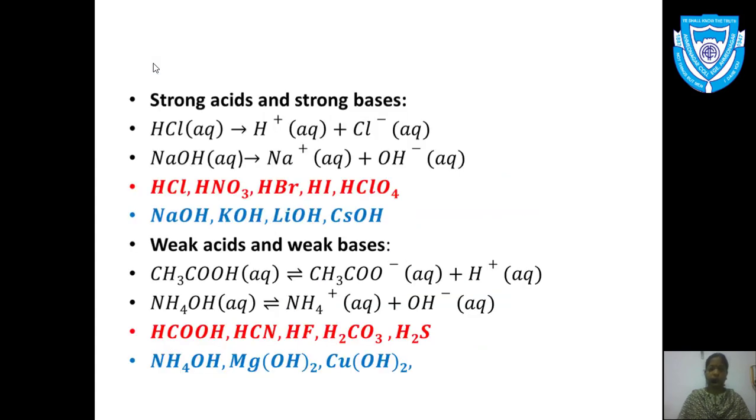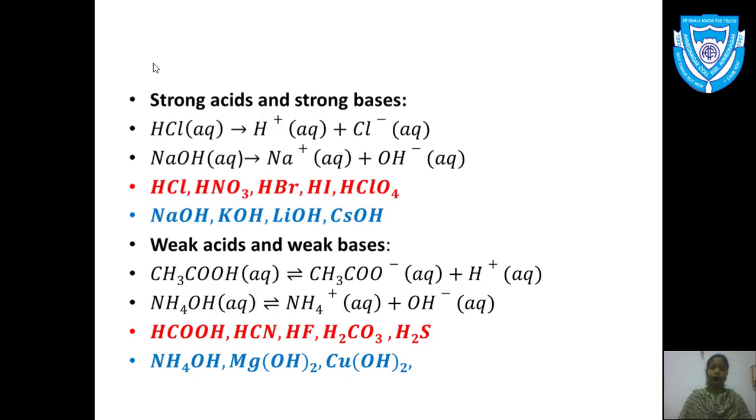Now we go for the small topic that is called the ionization of acids. Before that, the acids are actually categorized into strong acids and strong bases, and weak acids and weak bases. The strong acids and strong bases are categorized in the same category as their ionization is similar, while weak acids and weak bases are grouped in another category where their ionization is always similar.